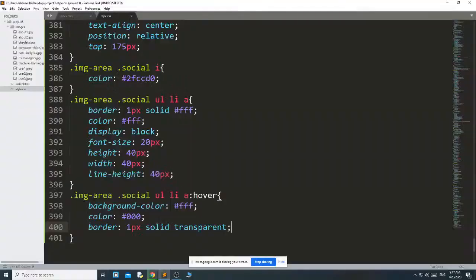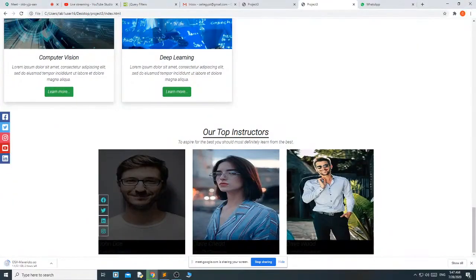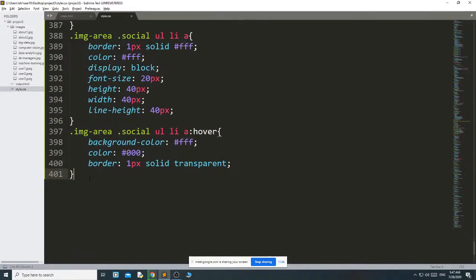Okay, the last part is I have to change this color because this is not visible. I am going to only change the color, nothing else. .image-text. If you want to change the font size and the rest of the things, then you can.